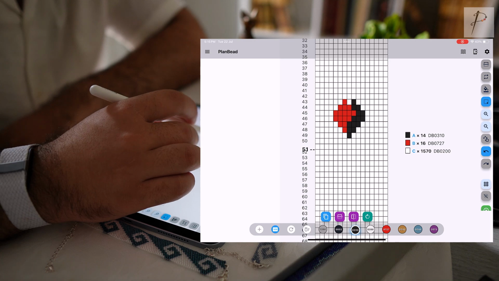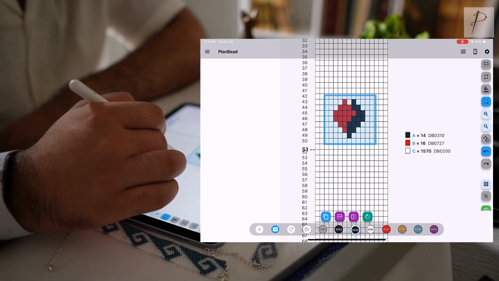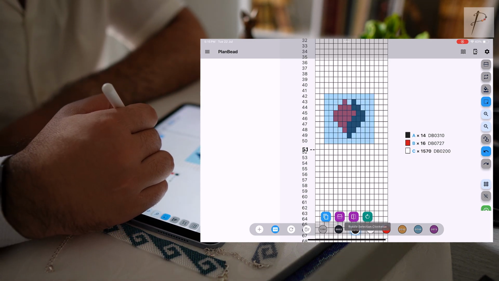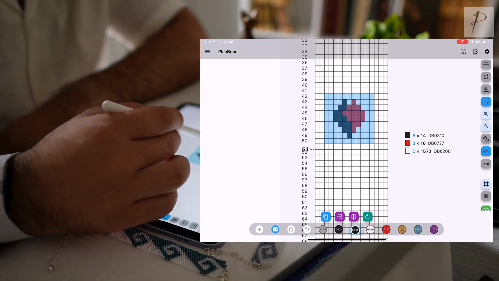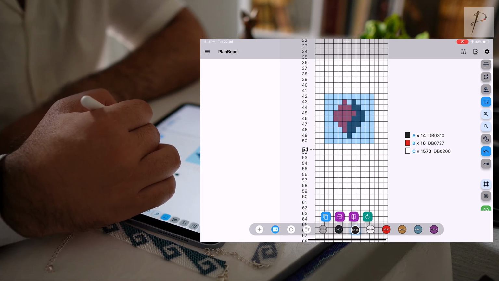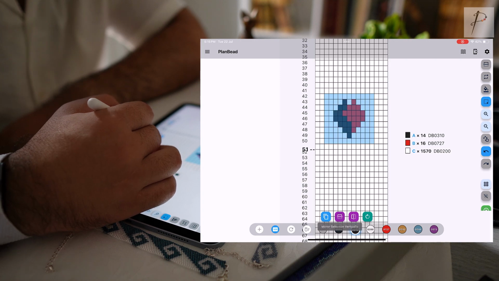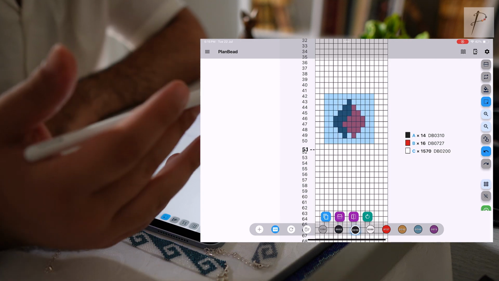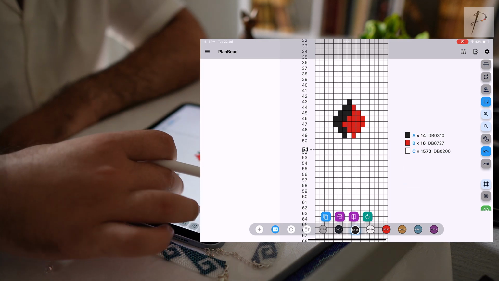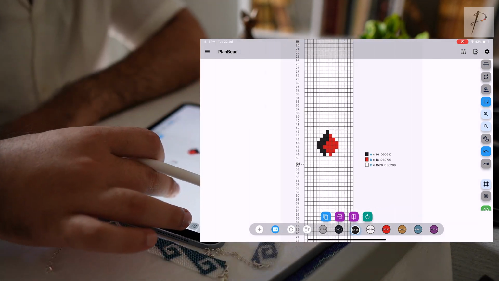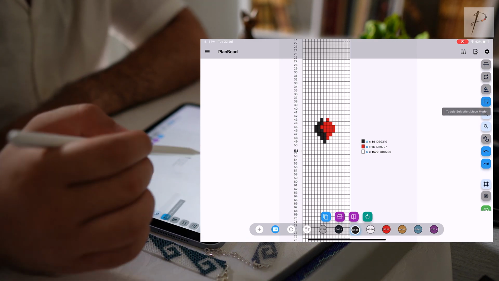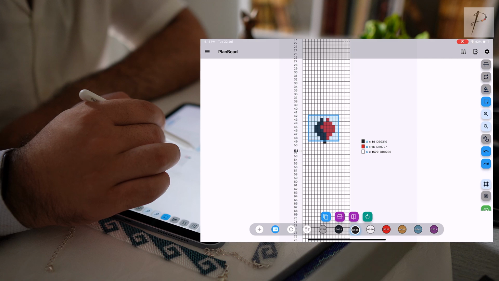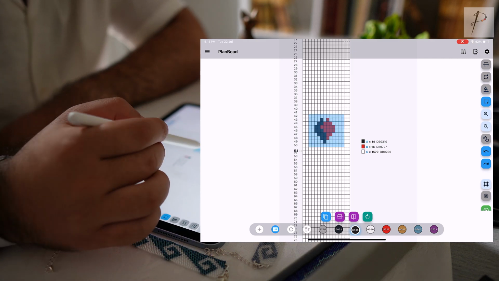So once I select it, I can either rotate the heart or flip it vertically or horizontally. Why is this important? I will show you right now why this is very important. So let's say, for example, let's go back here. Let's select the heart,